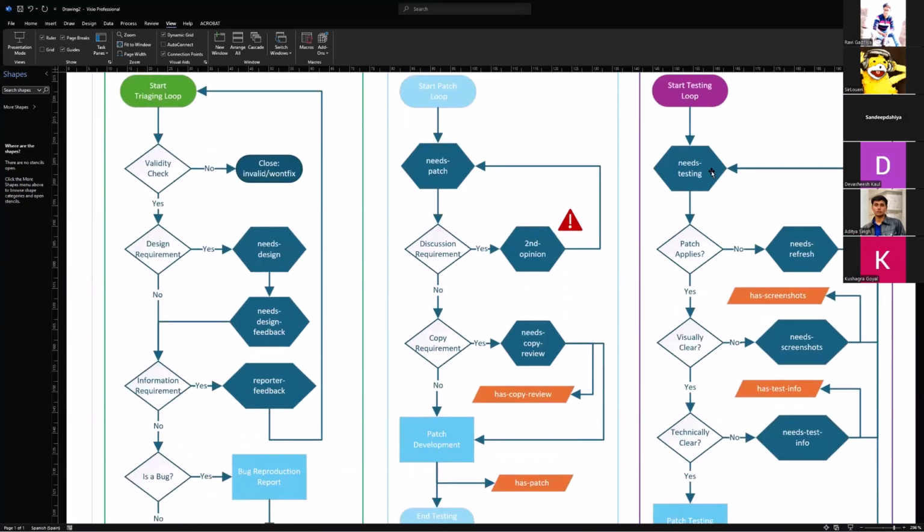diagram. Here we have the needs testing. Okay, now we have to test the patch, check if it refreshes. As I said in the beginning, it doesn't refresh, it doesn't apply. Okay, we need to refresh. So we put this keyword, okay, and we wait until the patch creator refreshes the patch, and we can proceed to test again. Okay, once the patch applies and we can test it, the second check is if it's